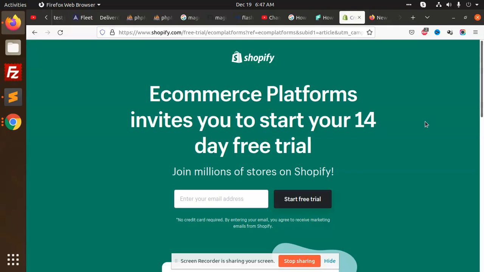WordPress is fine if you are a small business, but it has some security hacks, so definitely we have to use maybe Magento or maybe Shopify. But Magento developers are very expensive, and it is a very expensive platform because it uses so much code, so much RAM and CPU, and a high-end server is required for Magento. So let's begin with Shopify.